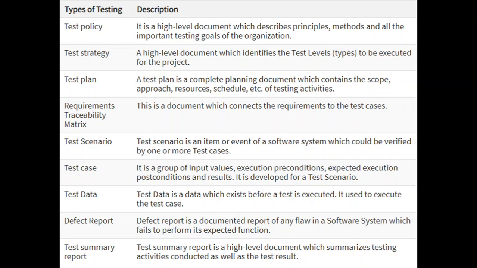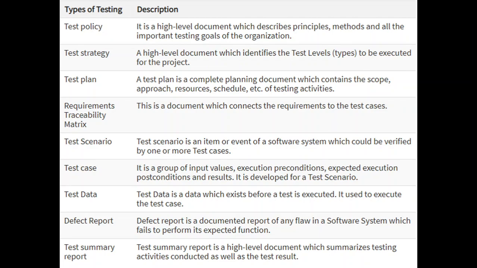As a tester, you have to be excellent in your designing phase. A developer is going to design based on the code, in whatever technology he's coding. But as a tester, you're going to design all these documents which support your product, saying that yes, it is of this quality because we have done all this. You can start off with your test policy, your test strategy, your test plan, the requirement traceability matrix, which we call RTM, your test scenarios, and test cases. Then in that you have the test data, and then you have your defect report and your test summary report.